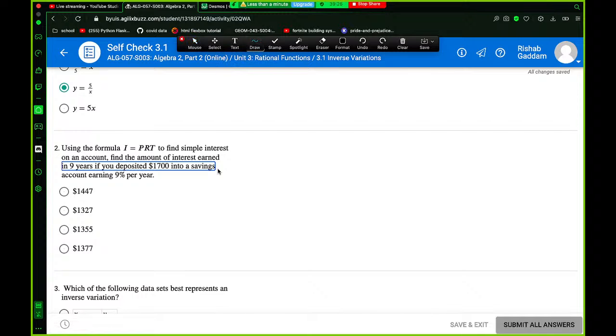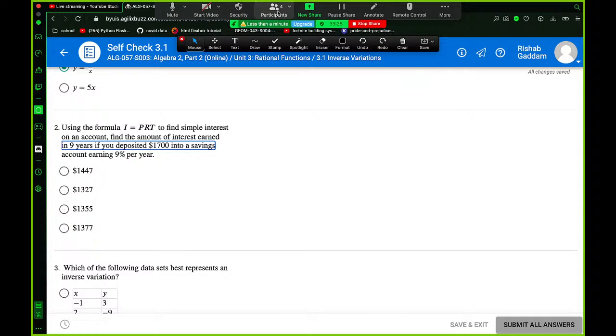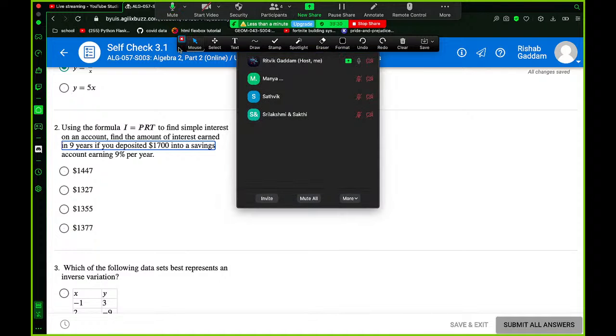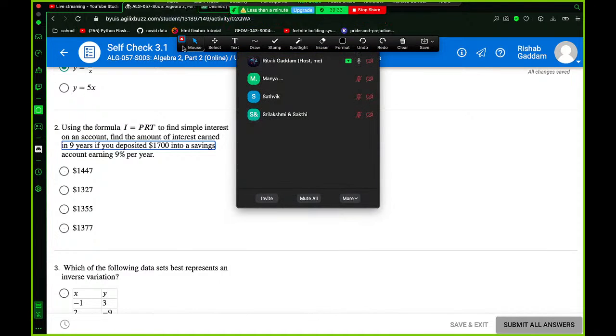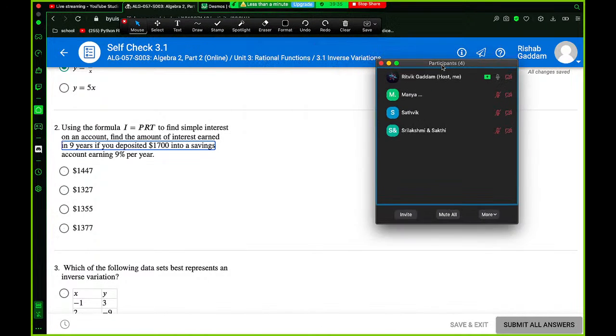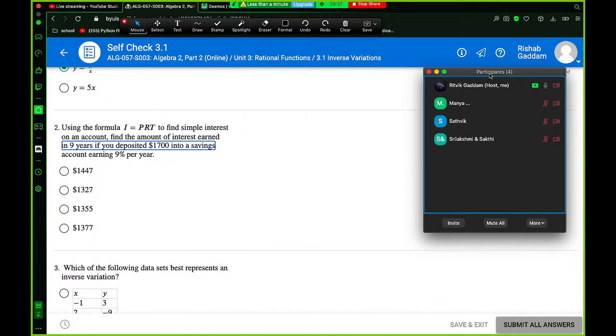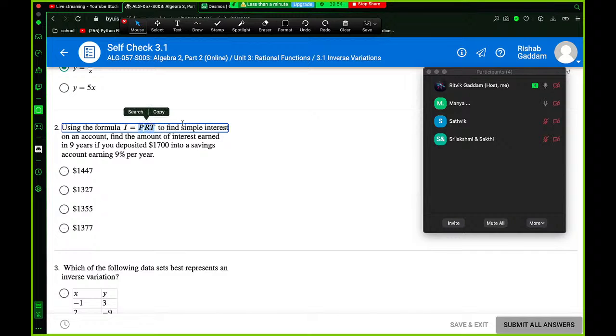Let's do one more problem. So who wants to do this one? Manya, do you want to do this one? Sure, but what is PRT? Where do you see that? The formula I equals PRT to find simple interest. Oh, that's the formula for simple interest. So it just says